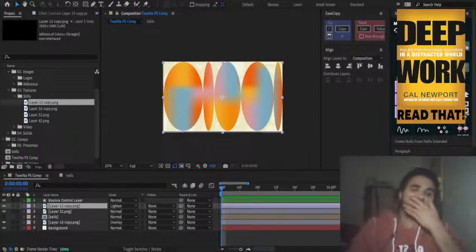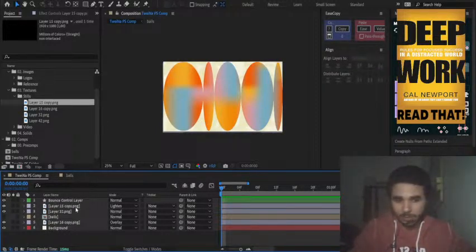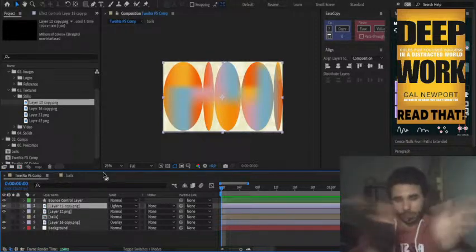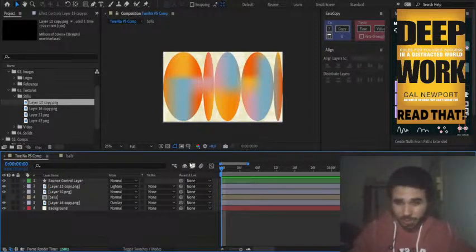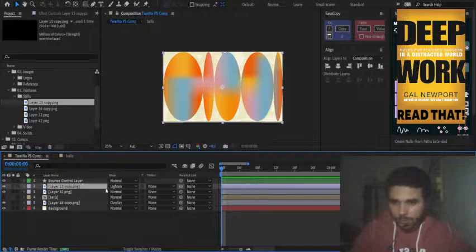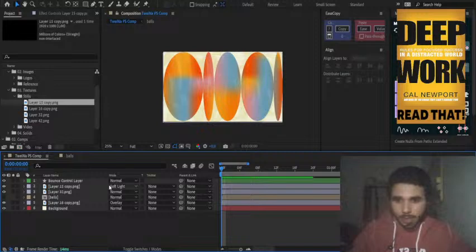I mean, I can pre-comp them as well, but there's going to be a lot of pre-comps. I don't want to put a bunch of pre-comps needlessly, because the project's going to get very rooted, and I don't want that to happen. I want to be able to see everything in front of me, because I do forget what layers are in what compositions, and it gets really complicated. So this is lighten, this is difference, this is soft light. I think soft light works.